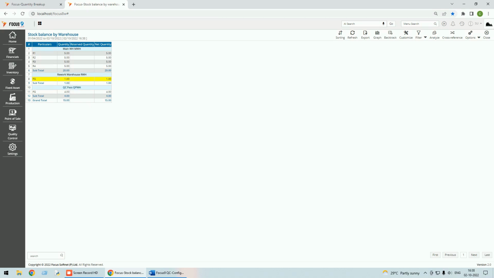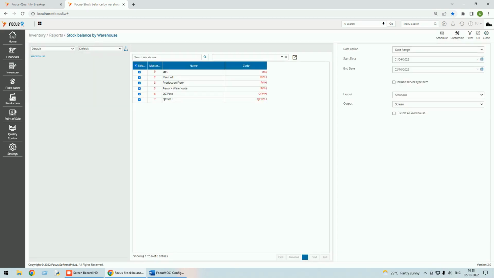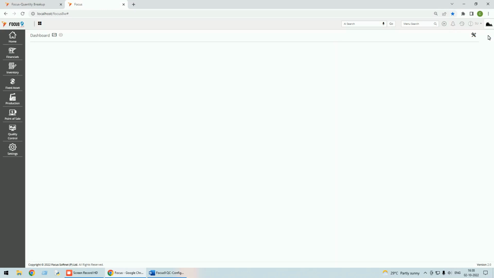Now if you want to do rework for this particular item, what you can do is raise a rework requisition and a rework material issue. Then after that you can put those items for the rework, and once that item is through, you can manually do a stock transfer. Okay, that is in the inventory screen, transactions,